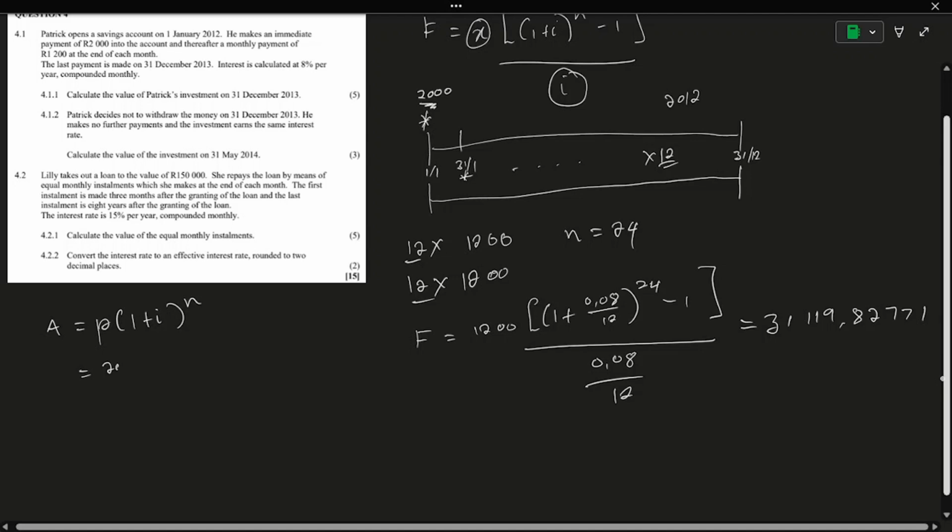And we know that our P is 2000 because it only happened once. There's no need to use the future value formula because the future value accounts for regular payments. And the 2000 only occurred once in our timeline. So that's 2000, and then 1 plus 0.08 divided by 12. And it also went for 24 months. And then you get your answer as